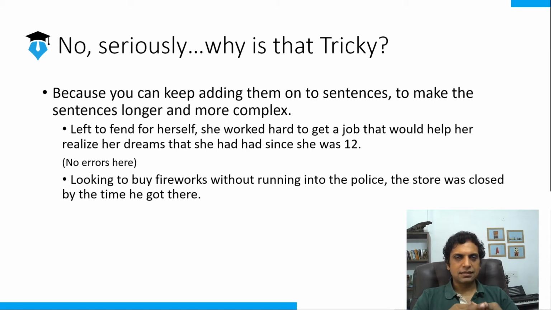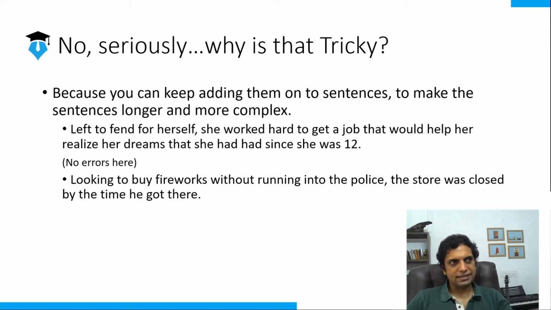This is now getting into the territory of understanding what modifier errors are. Why do modifiers also get complicated? Because sometimes it's very hard to tell what they're referring to. So if it's a single word, you know where to place it. This is a good book. You wouldn't say this good is a book or good this is a book. But with modifier phrases, that actually becomes a problem.